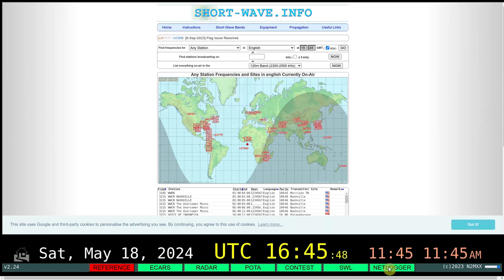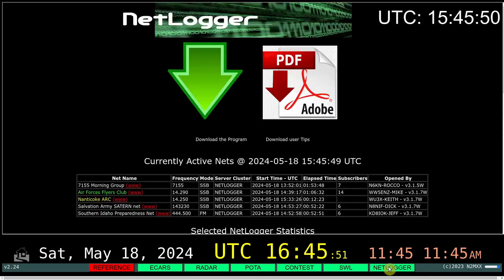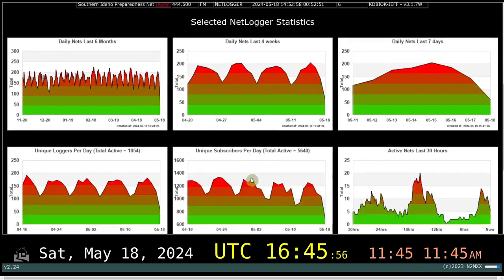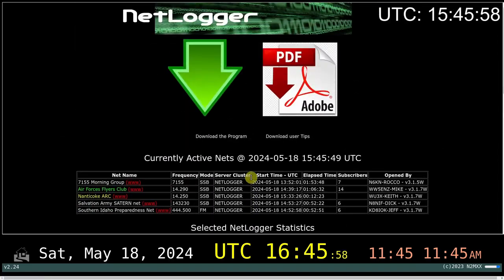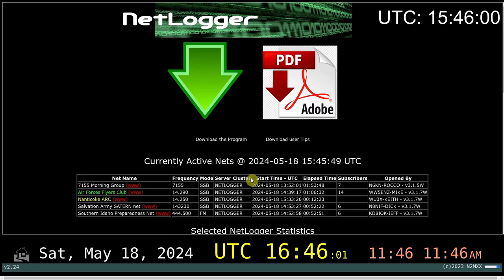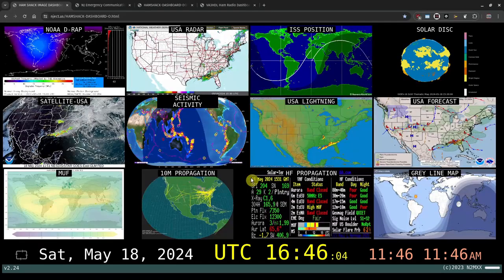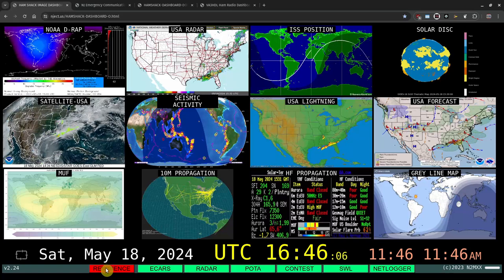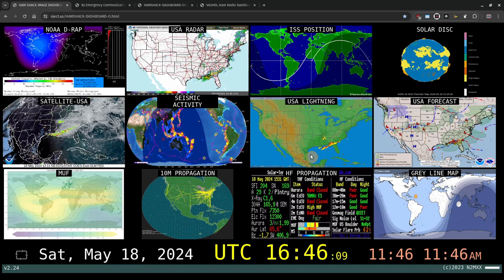And the last button that he put in his dashboard is the net logger, where you can see the current nets and other information that is available on the net logger website. So I'm going to go out of full screen and go back to the main page of their dashboard from Dave from N2FXB. So this was great, but there are a few things that I believe that I could improve